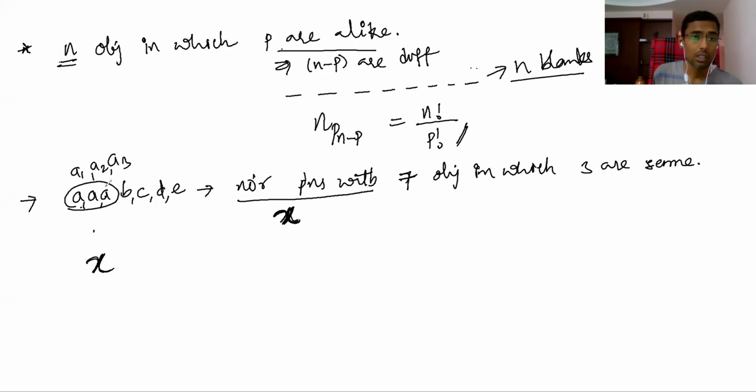What will happen? This one A1, A2, A3. So each permutation will become 3 factorial times more, because A1, A2, A3 can be arranged among themselves in 3 factorial ways. So now if A1, A2, A3 are different, then for x permutations when they are the same, when they are different, you will get x into 3 factorial permutations.